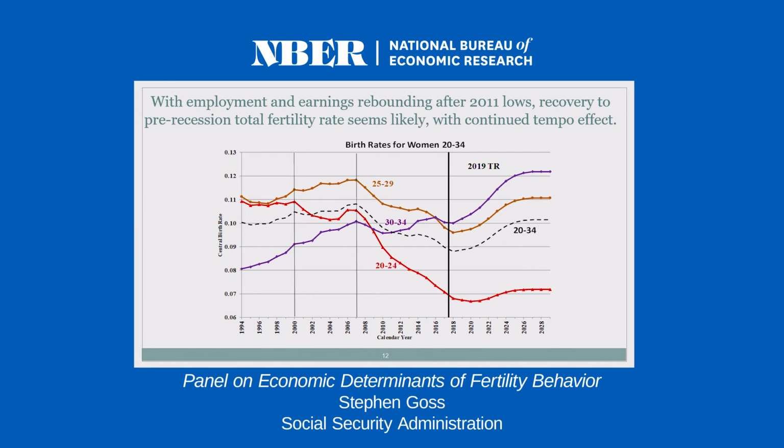And the one little dashed line I put on here is sort of interesting. This looks at the 20 to 34 as a composite. And obviously, even in the period where things were dropping between 2007 and 2017, that didn't drop as much because the 30 to 34s were sort of helping even during that period relative to the big drop for 20 to 24. The question is, will we, for that primary age group, 20 to 34, which is where about three-quarters of births actually occur, come back to anything like the levels for those age groups that we have seen in the past, as recently as 2000, even 2007 or 8, prior to the big effects of the recession?